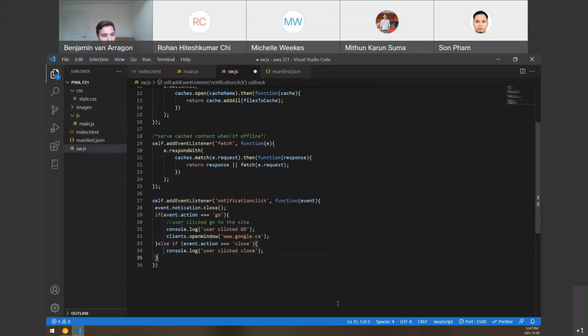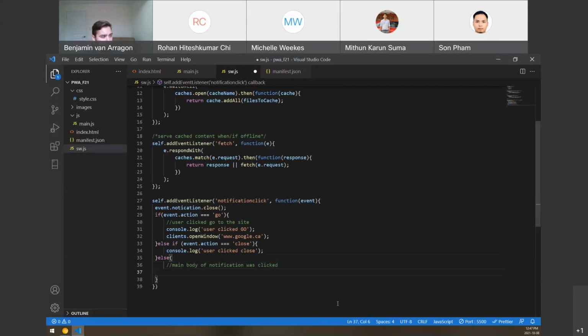And then the last one is we'll have a catch-all condition. So the else will fire if they didn't click one of the two actions, then they must have clicked the main body of the notification. Main body of notification was clicked. All right. And then here what we can do is we can just,